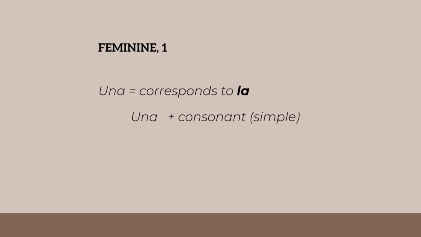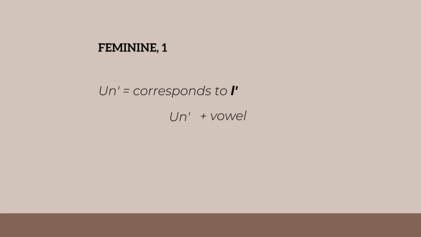The feminine una introduces words that start in consonant, just like la for the definite articles. So, la bambina, the girl, becomes una bambina, so a girl. And then we have un with apostrophe that is only feminine. Don't mistake it with the masculine, or Italians will get mad. Only if you're writing, of course, if there is no phonetical difference. The feminine un' takes the place of the l' that is used for the definite article. So same thing as for friend, masculine. L'amica becomes un'amica. The girlfriend becomes a girlfriend.